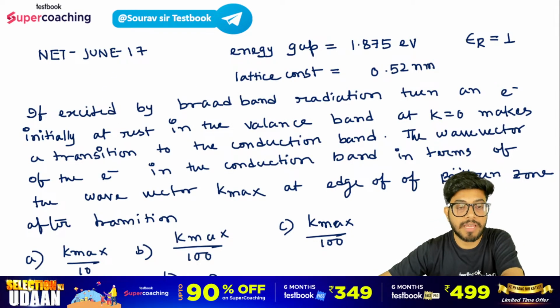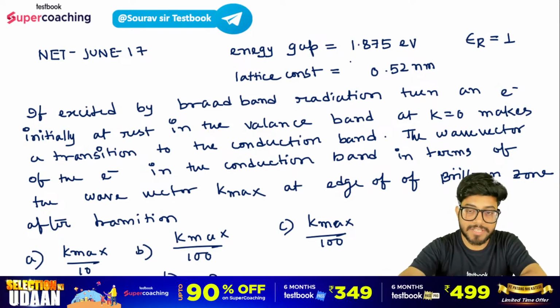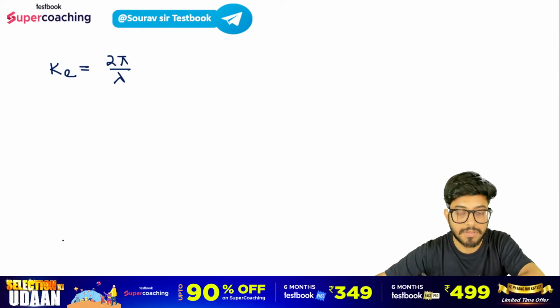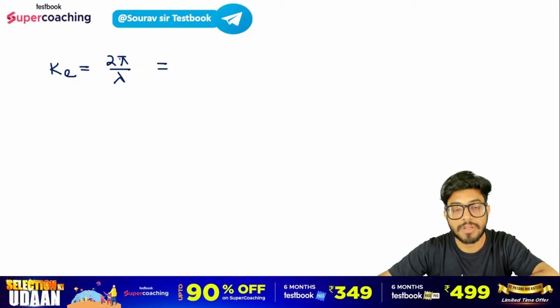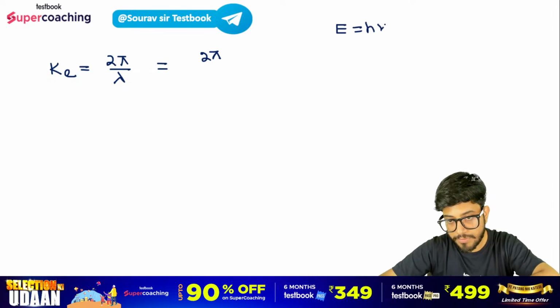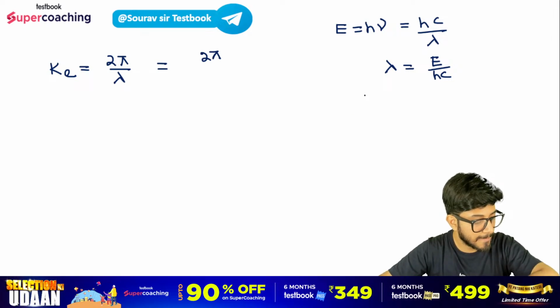लोग, जरा यहाँ पे देखो बोल दिया गया है इफ एन एक्साइटेड ब्रॉडबैंड रेडिएशन, एनर्जी क्या बोल दिया गया है, ये है लैटिस कांस्टेंट तुम्हारा, तुम्हें एनर्जी गैप पता है, लैटिस कांस्टेंट पता है, ठीक है। तो जरा यहाँ पे देखो एनर्जी पता है, हमें पता है कि E इक्वल टू h इंटू फ्रीक्वेंसी, दैट इज h इंटू c डिवाइडेड बाई लैम्डा। तो यहां से लिख सकते हैं कि लैम्डा इज एक्चुअली इक्वल टू hc डिवाइडेड बाई E।